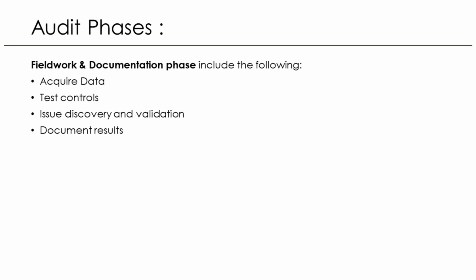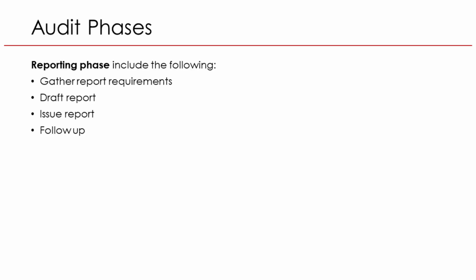This phase provides the evidence base for the audit report and ensures all findings are well supported and traceable. The reporting phase is when the auditor communicates the results of the audit clearly and accurately to management and other stakeholders. Gather report requirements. The auditor identifies who needs the report, what format they prefer, and what key issues must